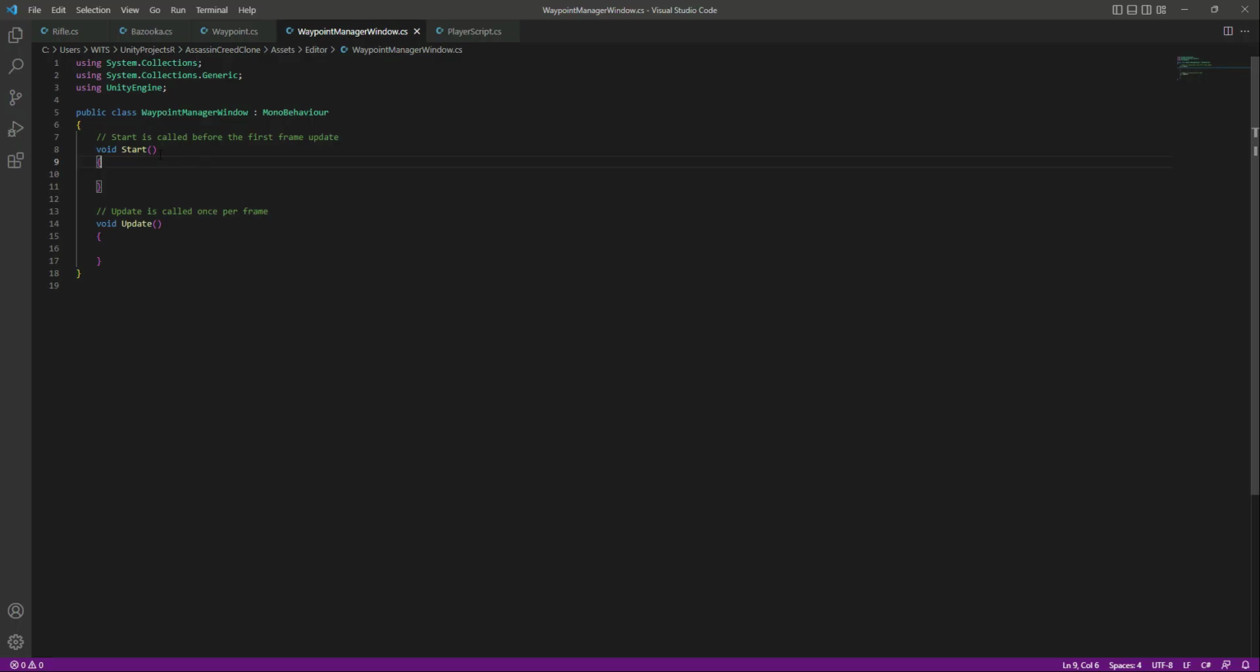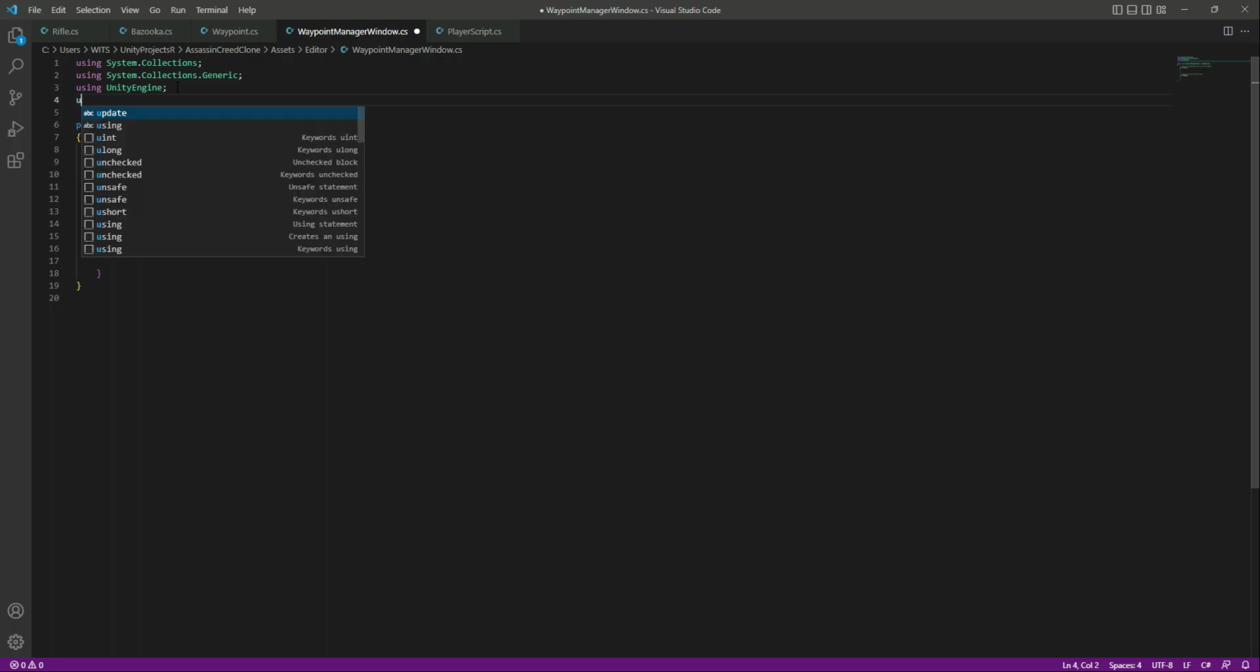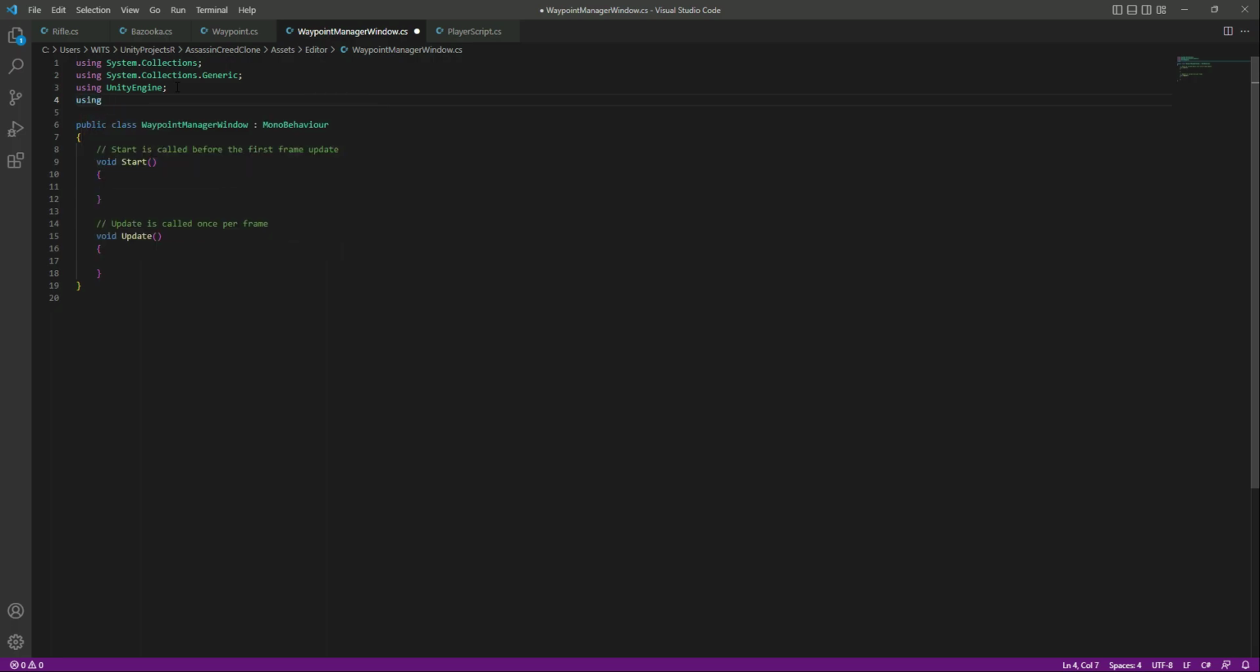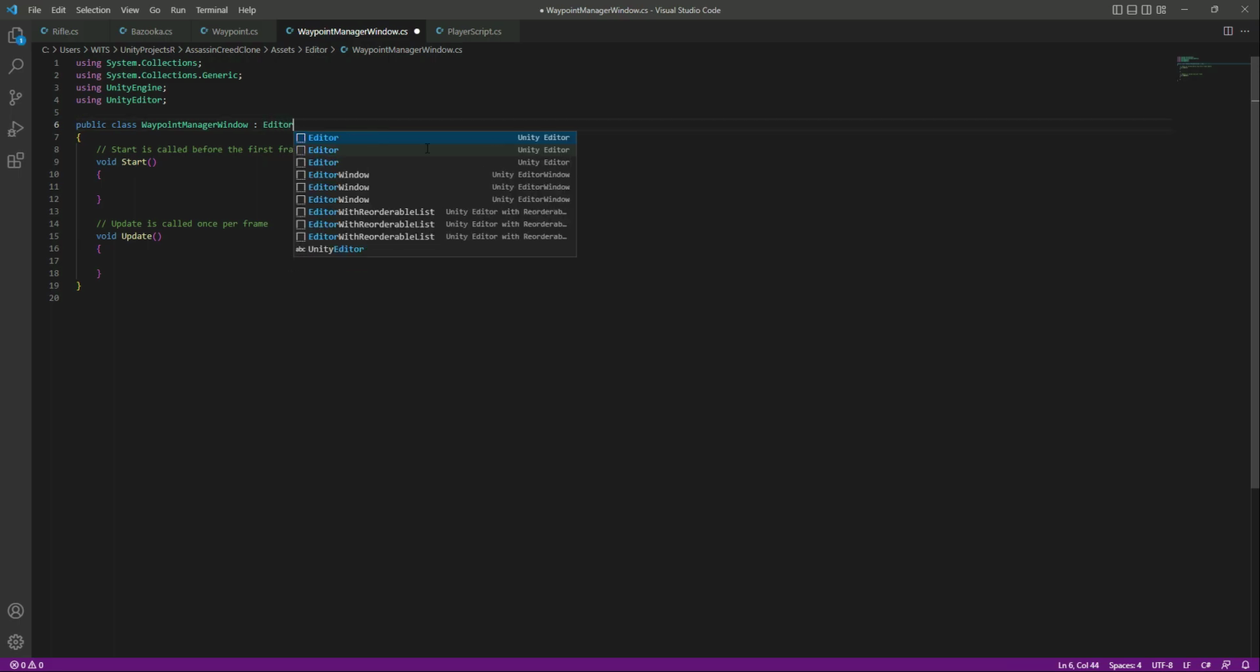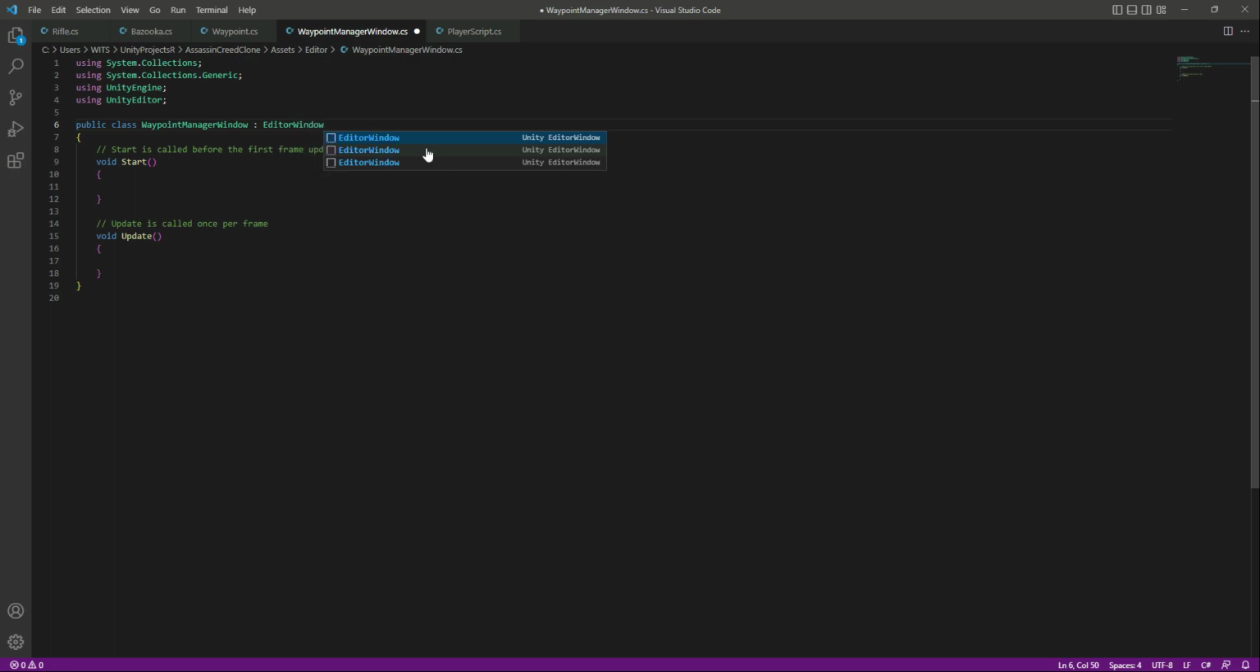So in order to create a window like that, at the top of the script first of all we need to type using Unity editor. Let's change this script from the mono behavior to the editor window. Okay, then let's remove these two methods,